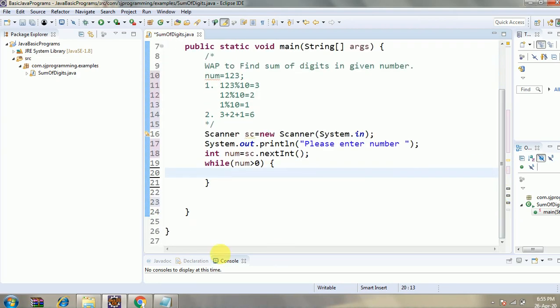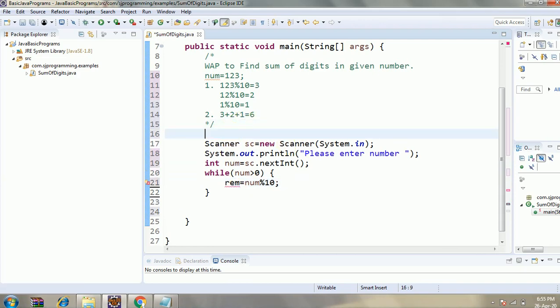So to separate the digits, remainder is equal to number mod 10. This remainder variable we have to declare here, int remainder.